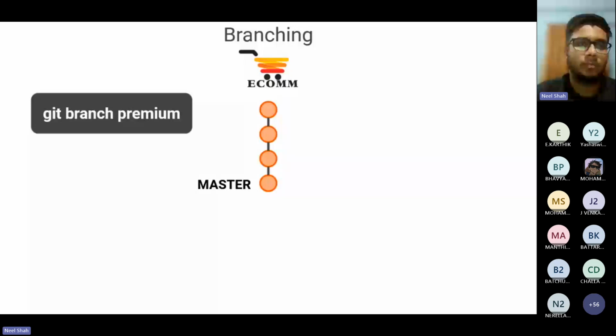So for changing the branch to premium, it's git branch premium. So it will head the origin of the branch to premium. So these are some commands. You can also refer to the GitHub cheat sheet afterwards, and the team members of Geeks for Geeks have also prepared a module for all the commands, so they can share it too. But git branch premium is a branch that will head to the premium branch.